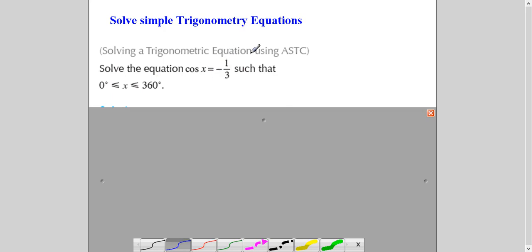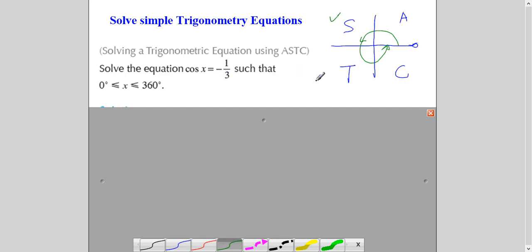Now, we have seen earlier that in first quadrant, all trigonometric ratios are plus. In the second one, only sine. Third one, only tan. Fourth one, only cos. Now, the angle between 0 to 360 means it is anti-clockwise, right? We have discussed this thing. So, between this rotation, cos is negative here and here. So between this range, I will get 2 angles, right?